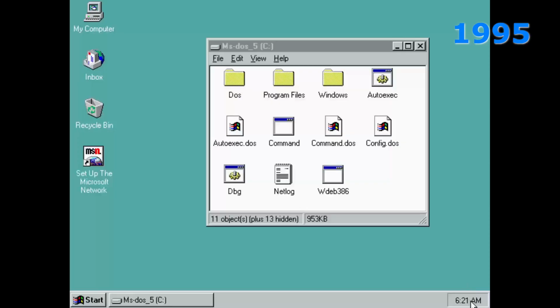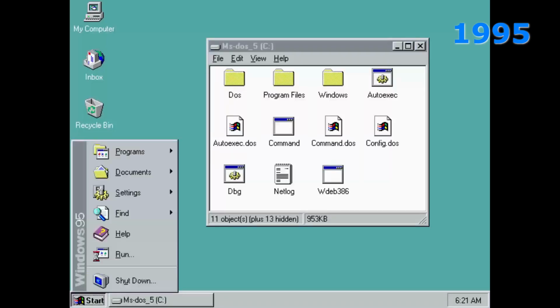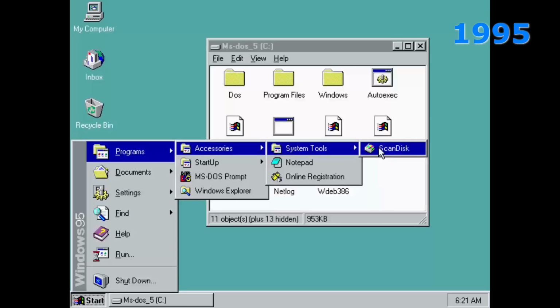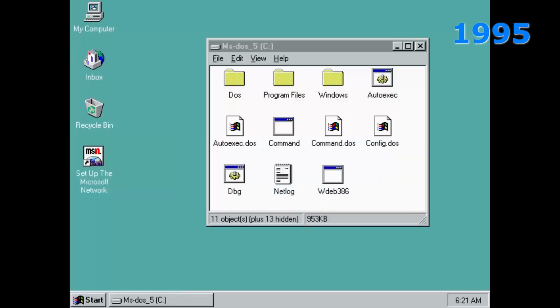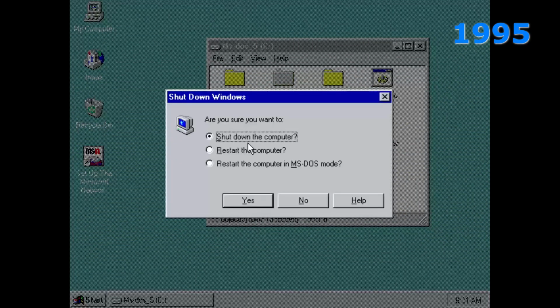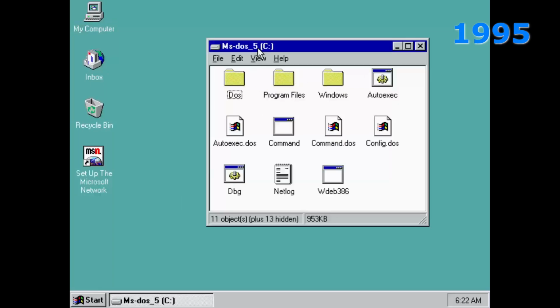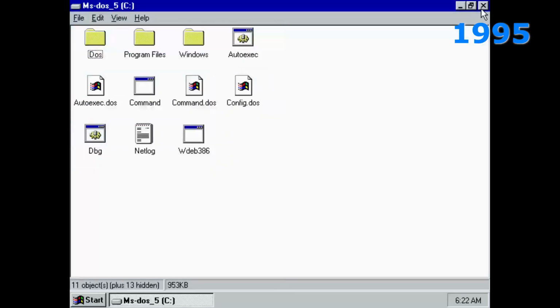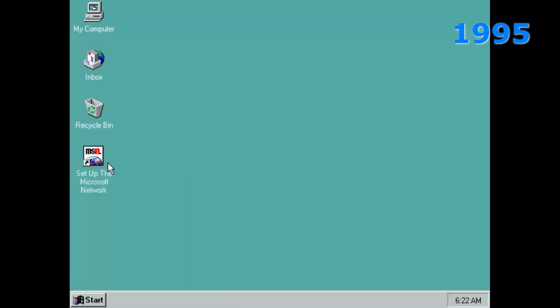It had a taskbar that was on the bottom by default. The clock and the system tray were on the right, and the start button on the left with any running programs. The start menu was a bit plain at the time, having some system options there and letting you browse directories for other programs. Ironically, the start button can be used to stop Windows, like shut it down. The program top bar now also has the icon, title, and then minimize, maximize, close buttons. And desktop shortcut icons were introduced.